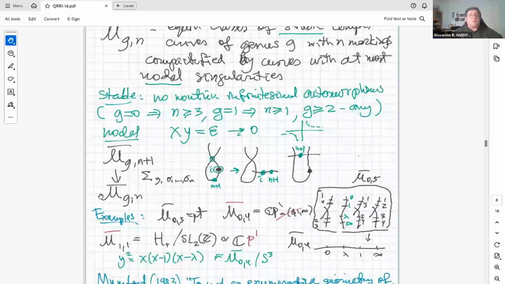Now, we take this M_{g,n} bar and consider the space with an extra marked point, and there is a projection. It forgets the last marked point, but it also plays the role of a universal family of curves over M_{g,n} bar, namely,